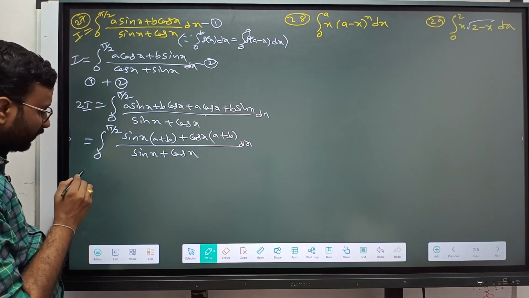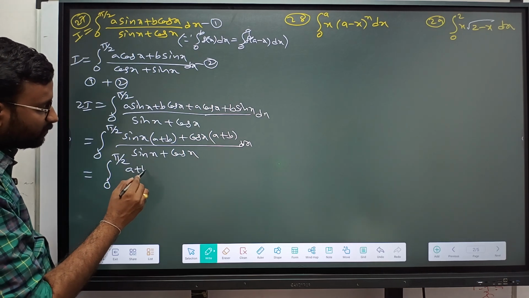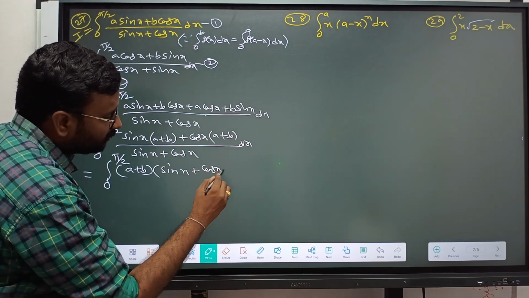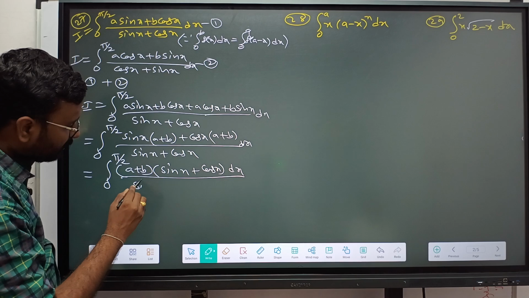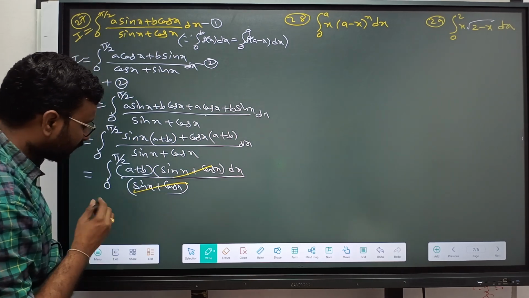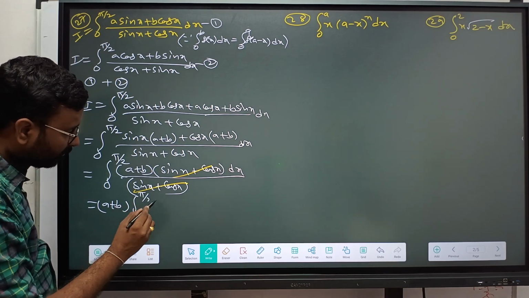dx. Now we can take again a plus b common. That is integral 0 to pi by 2, a plus b common. Remaining what here? sin x, here cos x into dx by sin x plus cos x. So sin x plus cos x will get cancelled, which is equal to a plus b outside, which is constant, integral 0 to pi by 2, 1 dx,